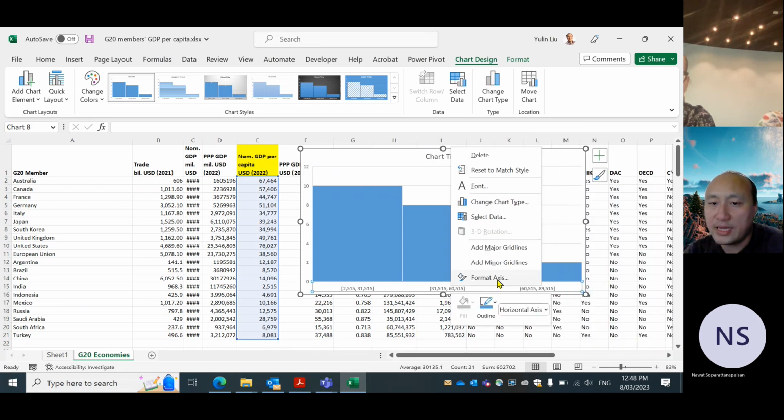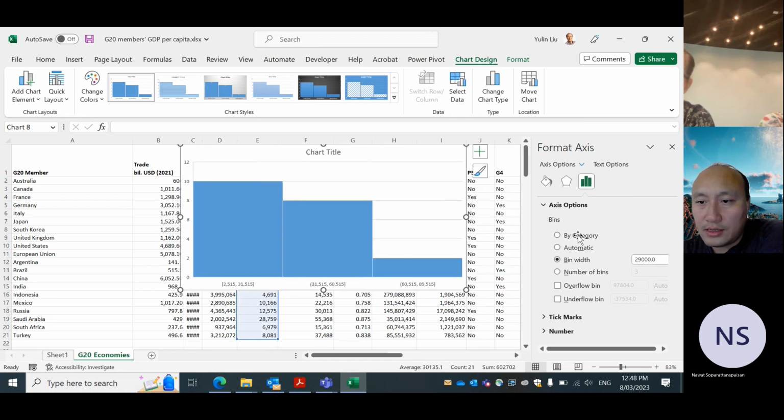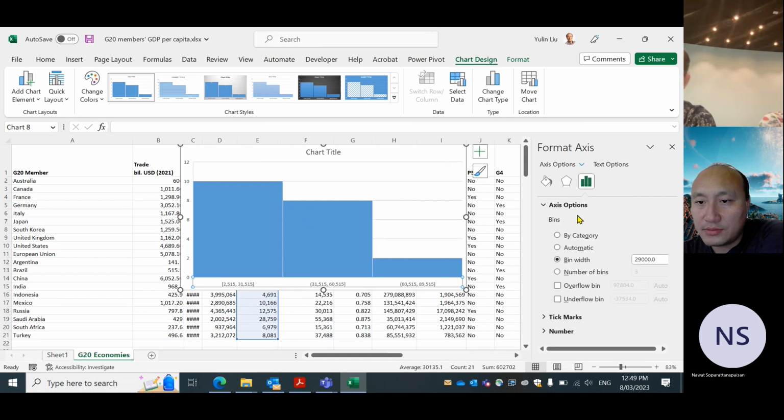Right click, format axis, or just double click. And then here in the axis options, you check this one, bin width. Automatic doesn't look good, so choose bin width. And then here you can decide the length of the